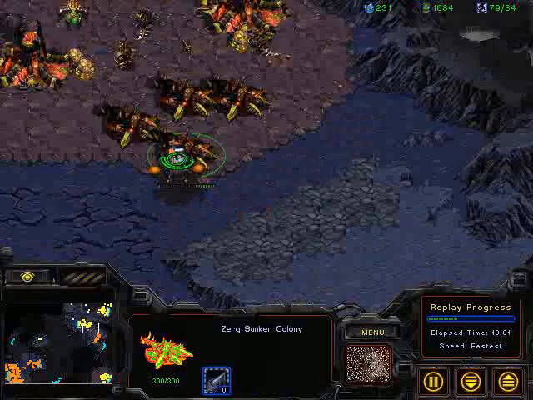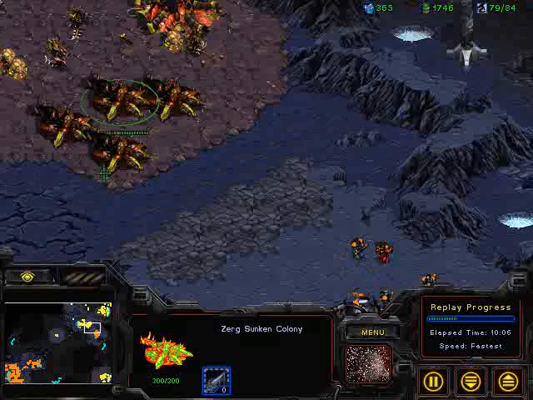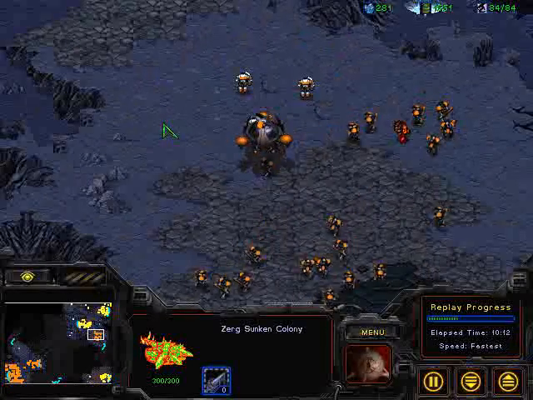Provide a little bit of assistance and defense there. And that science vessel seeing exactly what it wants to see. First of all, not a lot of anti-air, no Scourge to run into it, and second of all, no lurkers on the ground. And it looks like Phoenix is just setting up for kind of a contain, to kind of split